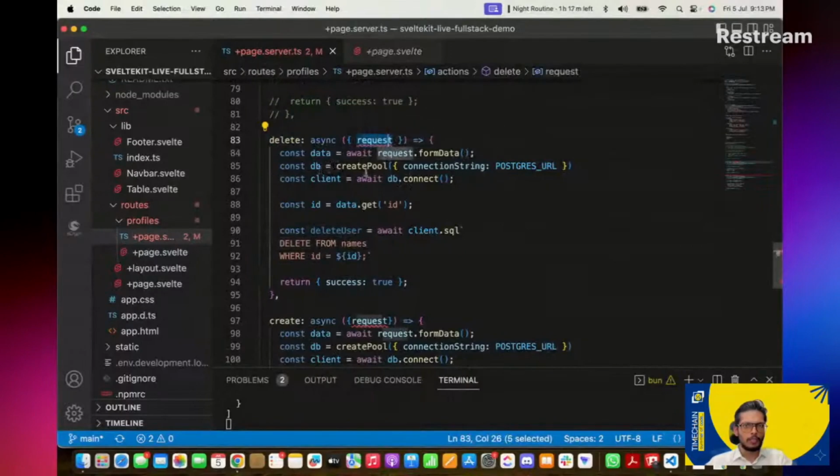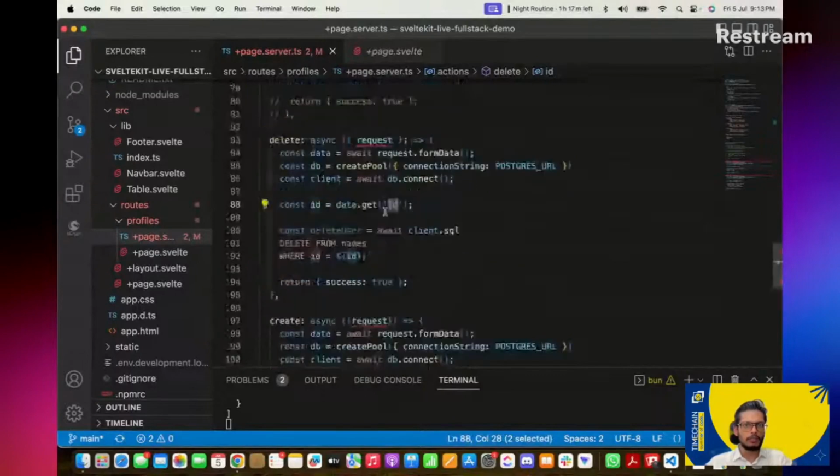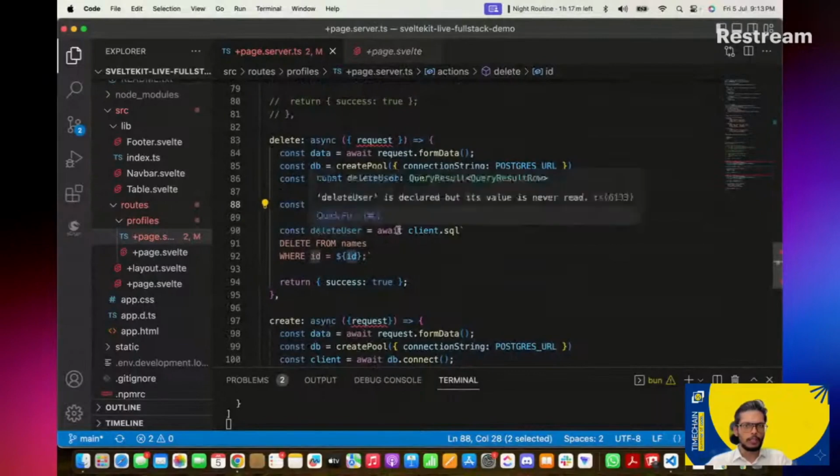Now, what is the form data? And establishing the database connection, and it's getting an ID here, data.get. In this case, it was getting the email and name. It's getting an ID here. So what is that? Where is it coming from? But before we do that, let me just show you what's happening. It's getting the ID, storing it in the ID variable, and then it's calling the query of